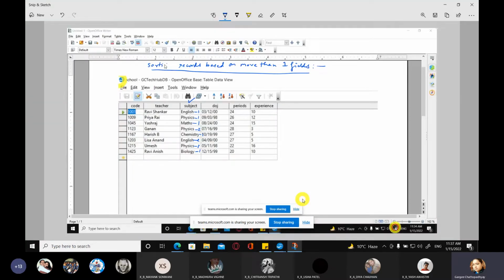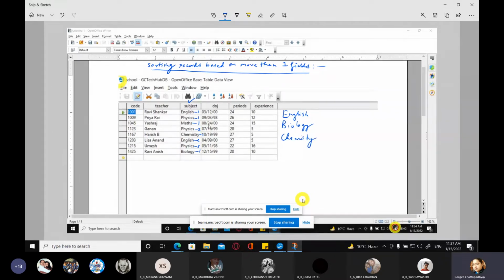This is sorting records based on more than one fields. So now here, how are we going to sort the records? First is in all the English records. Then according to the alphabetical order, we have to check. We have seen B next, that is biology. Then we have chemistry.